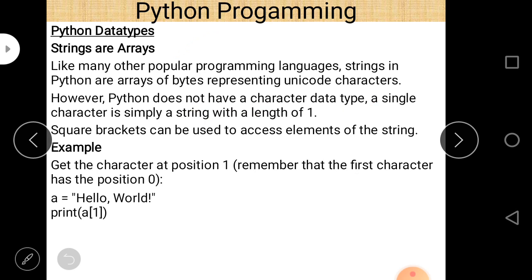First of all, if there is a string, what is the meaning of this statement? I told you just now. Suppose there is a string hello world. Make it simple, just write hello. Then